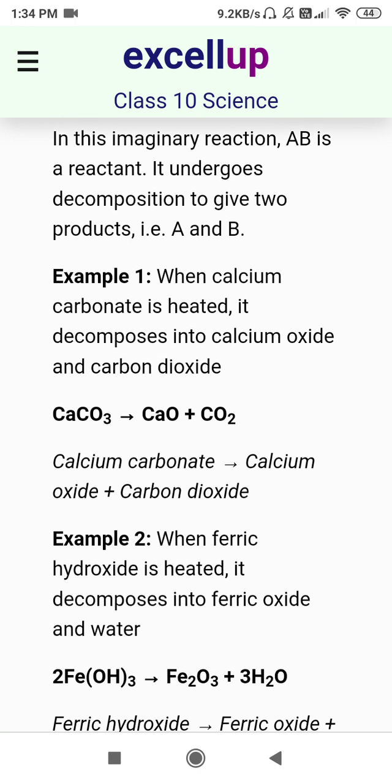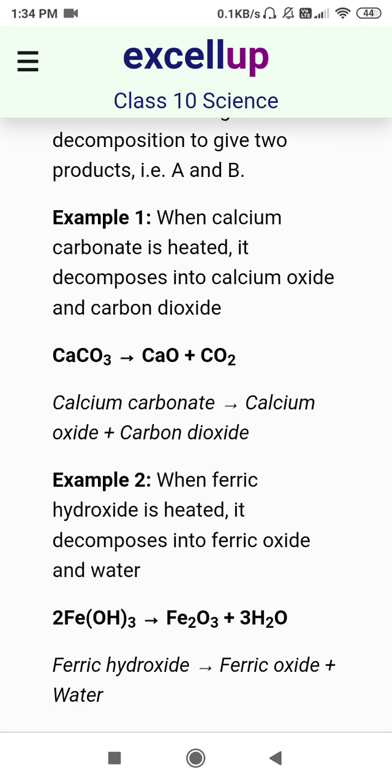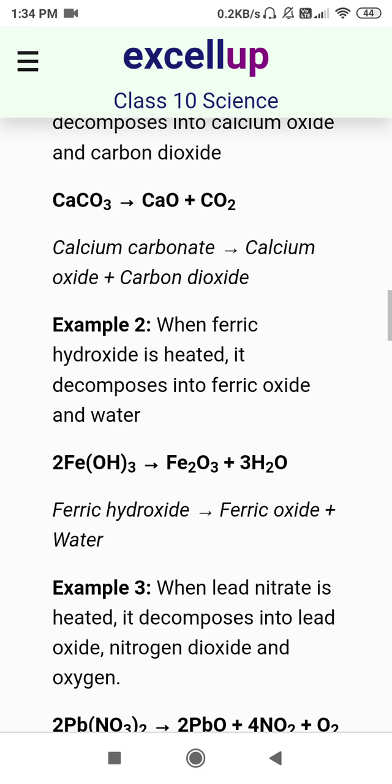Let us take a real life example. What happens when calcium carbonate is heated? When calcium carbonate is heated, it decomposes to form calcium oxide and carbon dioxide. CaCO3, that is calcium carbonate, is equal to CaO plus CO2. When iron hydroxide is heated, it decomposes to give iron oxide and water. 2Fe(OH)3 is equal to